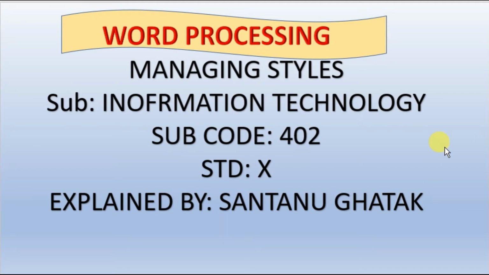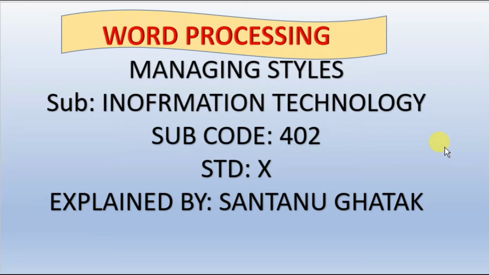Word processing, managing styles. In Word, a style is a predefined combination of various formatting features and types, like font style, color, size of text, etc., that is applied to a selected text in a document to quickly change its appearance. When we apply a style, we should apply a group of formats together in one simple task. So in our coming session, we will see how to manage the styles.